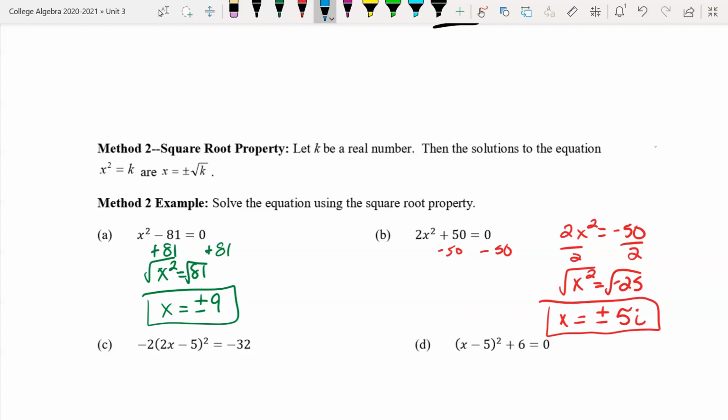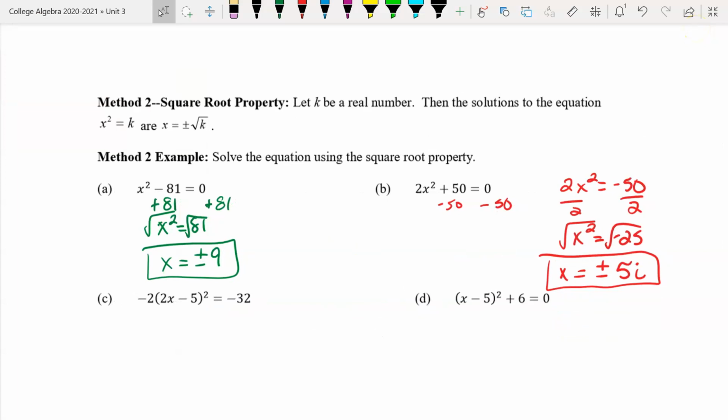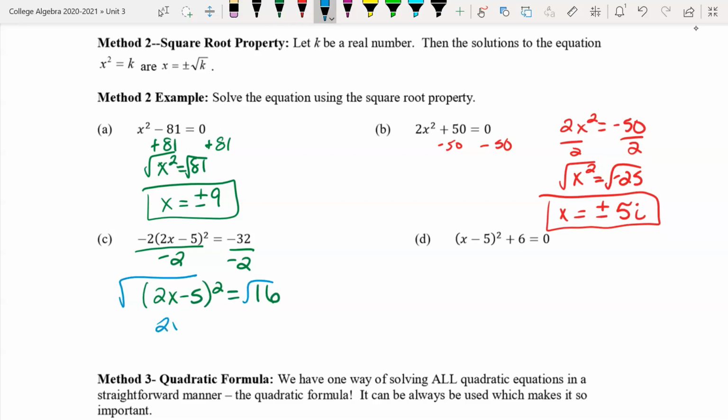Lastly, you'll see something like this. So again, if you're going to solve this, you want to isolate the x squared. So this first one, I want to get rid of this negative 2 that's on the outside. So I'm at 2x minus 5 squared equals 16. Now the whole point of doing this is because now I can square root it. So I get 2x minus 5 equals plus or minus